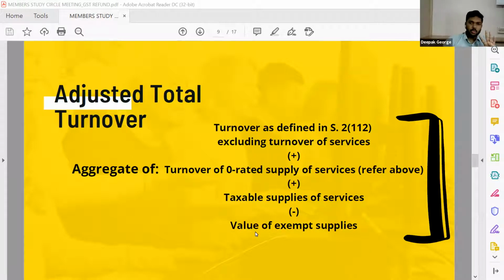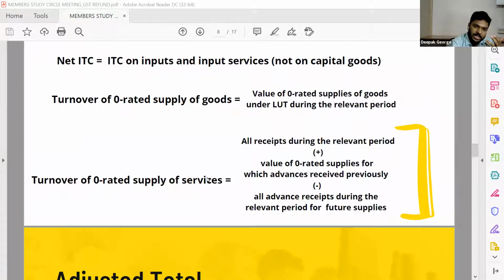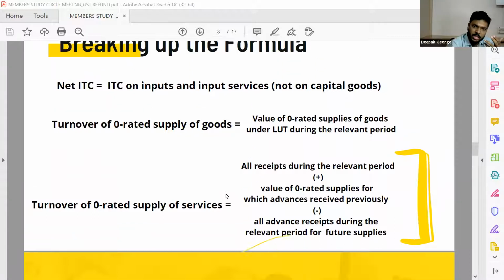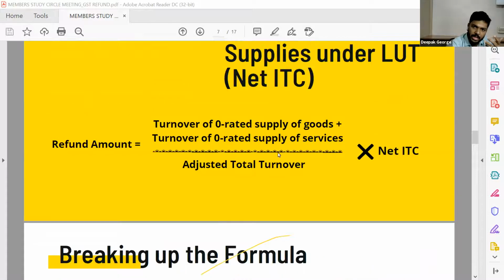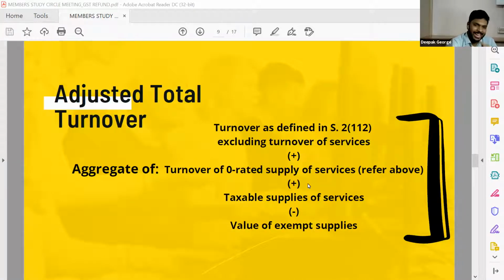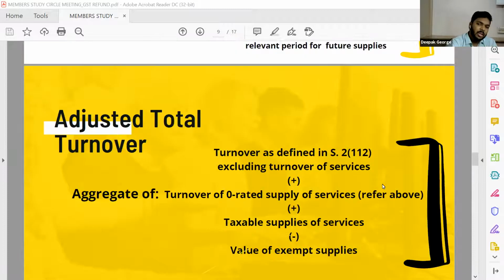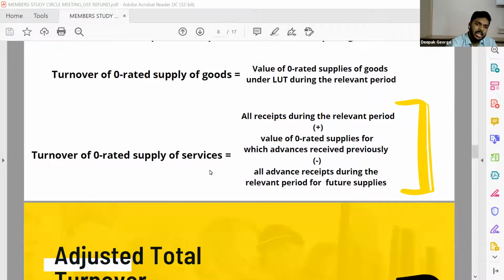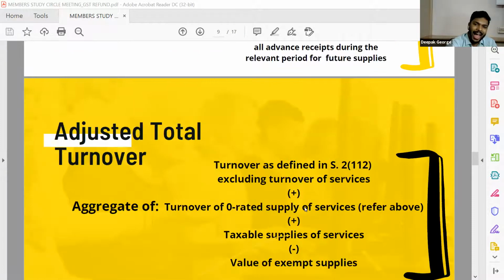It says to the goods turnover, you should add the turnover of 0 rated supplies of services, which you have found out in this step. This is the step in which you have found out this particular numerator. That is what the first component of service that you should add, or rather the second component in adjusted total turnover. I've given you a refer above, which is basically this particular component is what you have to add to